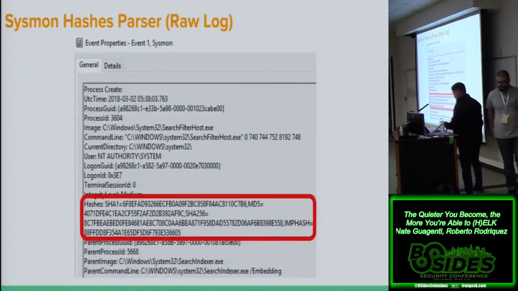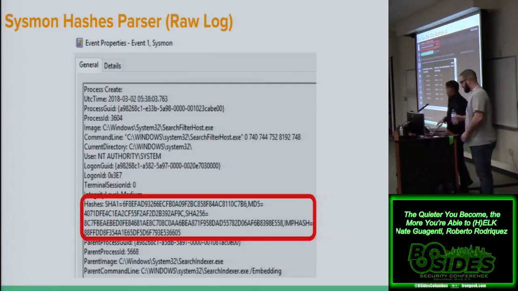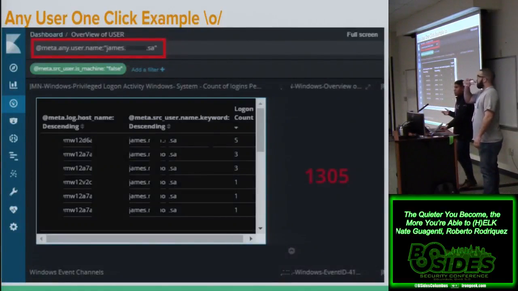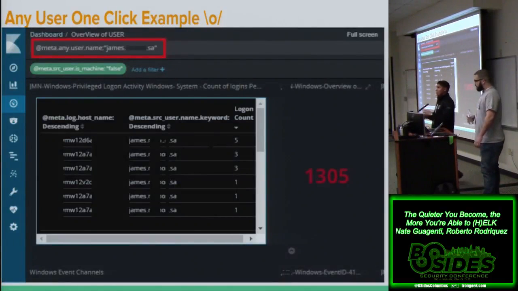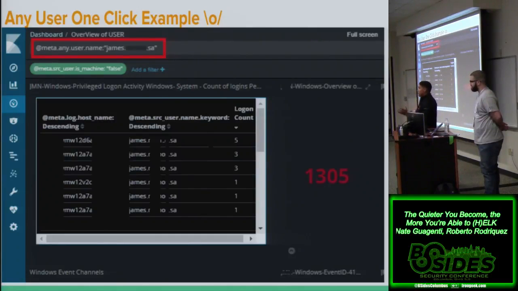So one of the things I wanted to show you before we get to that is, you see all this parsing going on. The idea is not just to use Logstash or try to be a ninja in Logstash and learn all this stuff. The idea is to go back to your organization or whatever you're using and start thinking: how can I put every single IP field that I have, no matter what it's called, into one, so I can start doing these types of aggregations and a kind of normalization of the data. And I think that's powerful.